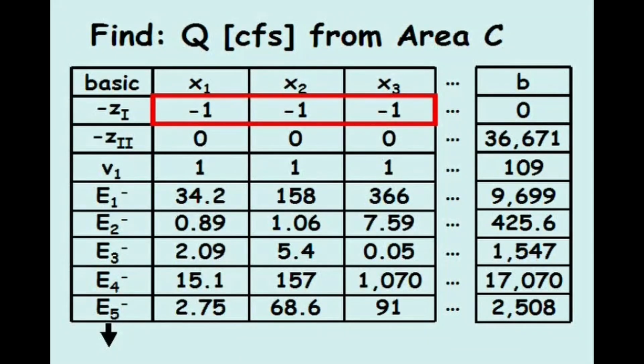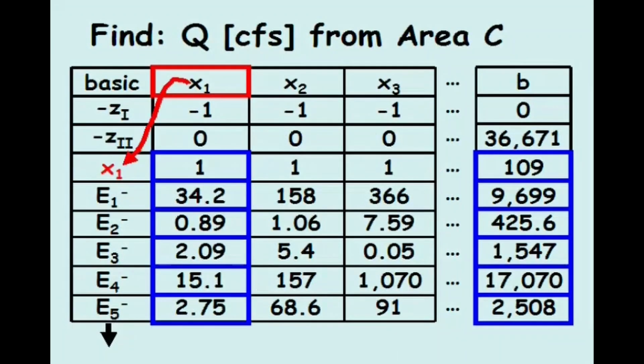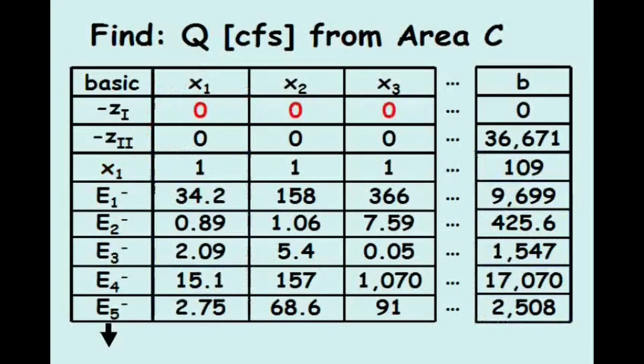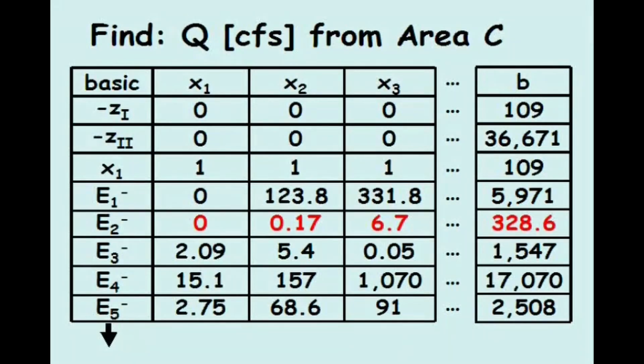If we choose variable x1 to enter the basis, it would take the place of variable V1 when performing the ratio test. Pivoting about variable x1 would involve adding 1 times row x1 to row Z1, subtracting 34.2 times row x1 from row E1 minus, subtracting 0.89 times row x1 from row E2 minus, subtracting 2.09 times row x1 from row E3 minus,